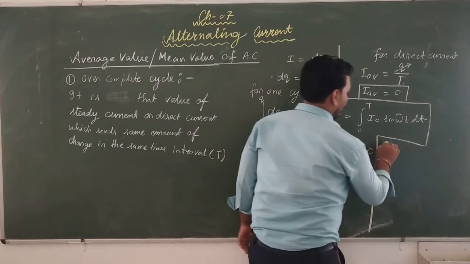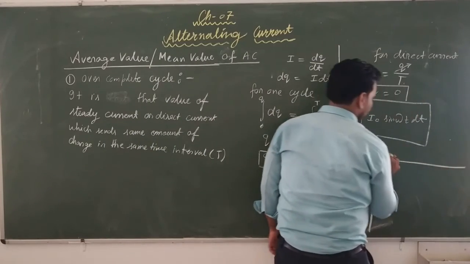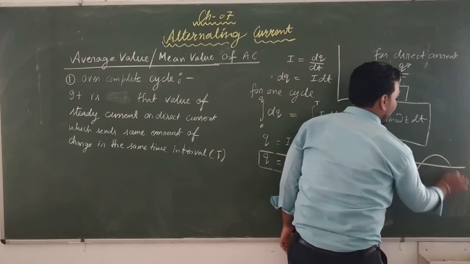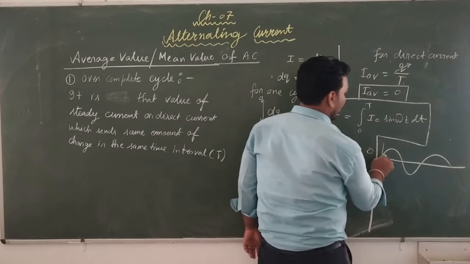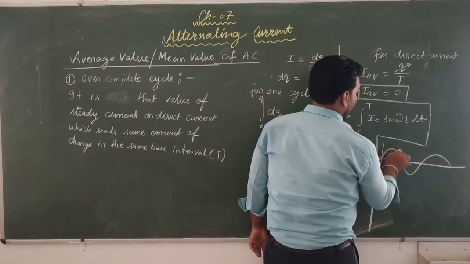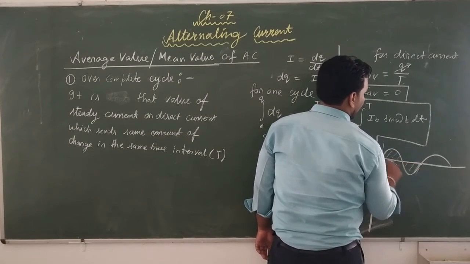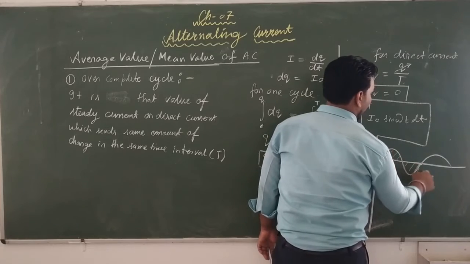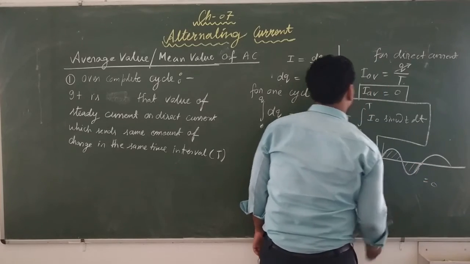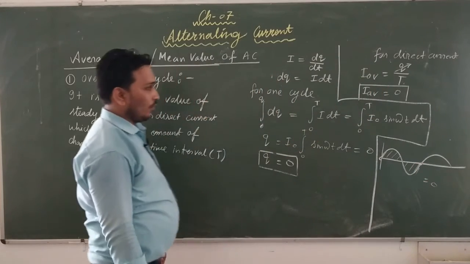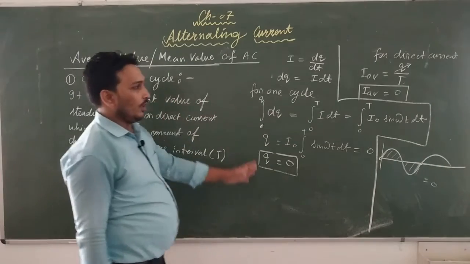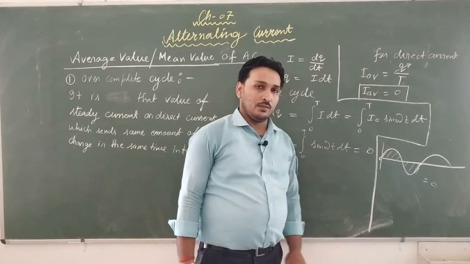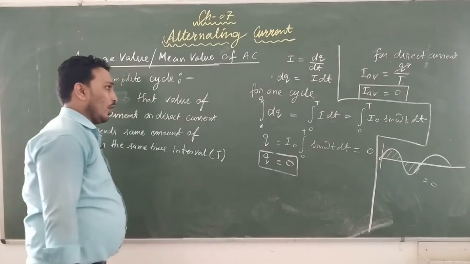And this can be understood by the graph also. We should not integrate, but since it is the beginning of the chapter, that's why I have told you the integration. The graph is like this. If you integrate for one complete cycle, then obviously the integration of current over one complete cycle is 0. That's why the average over one complete cycle is 0. We have two approaches, one from integration, one from the graph. Do whatever you like.